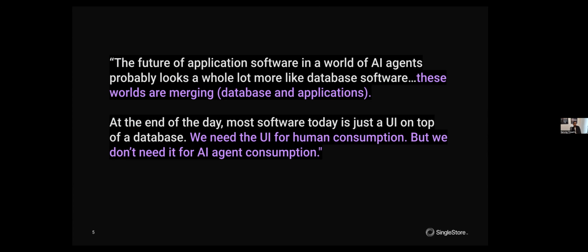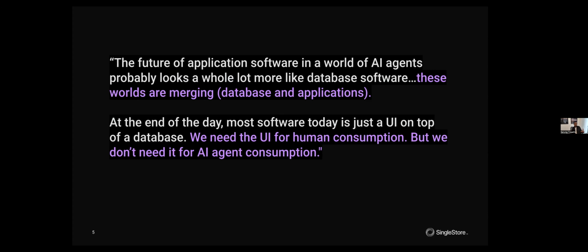And I just want to give you some context on how we at SingleStore are seeing the industry around AI, around databases, around what Arvind and I are going to discuss today. The way we are lensing the market right now is that the future of SaaS apps in a world of AI is going to be the merging of databases, applications, and AI in a single place.